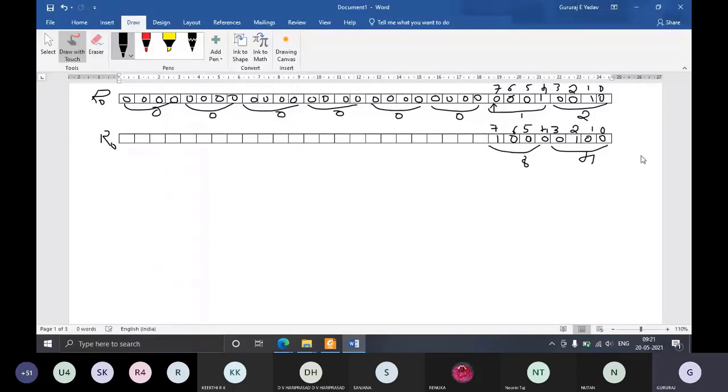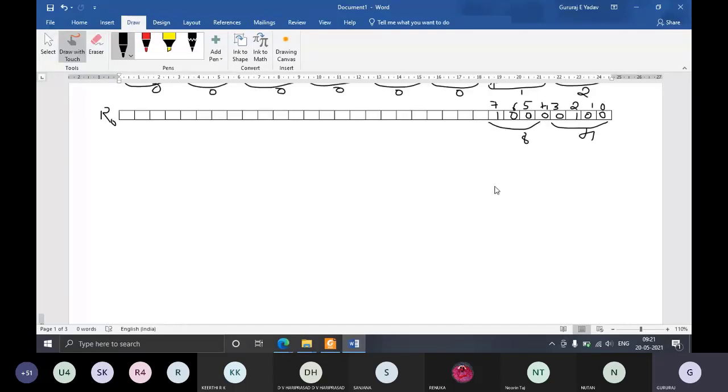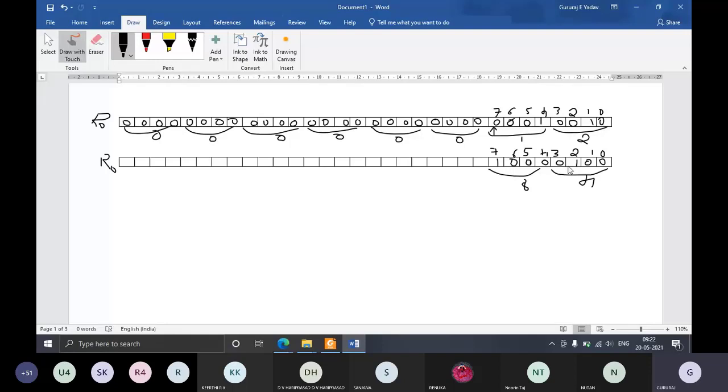So totally 8 bits. Now, according to the instruction, it is LDRSB. We have already copied the byte from the memory location pointed to by R1. Next you have to sign extend. It is SB, so S is sign extend. So you have to extend the sign of the 8 bits that you have copied. The sign will be available in the MSB of the 8 bits, which is bit number 7. What is the value of bit 7? It is 1. So you have to copy this 1 to the remaining 24 bits.